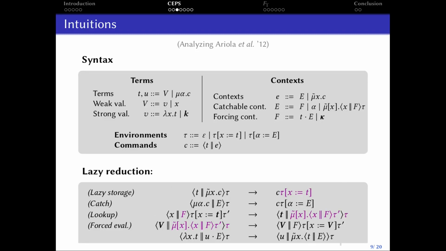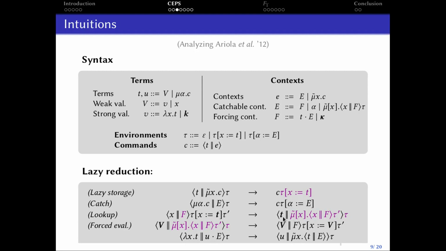If you look at the reduction rules, just to see that this is indeed lazy evaluation, we can see that here when we have t in front of mu tilde x, it can be read as let x be t in C. Then what we do is we store lazily t together with the variable x here. And if at some point we need the variable x, we need its value in front of a demanding, a forcing context here, and that x has been linked with the term t, we are going to freeze the computation here, open the store and do the computation for t.